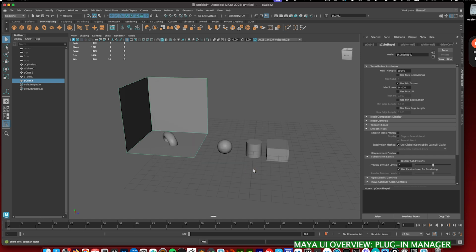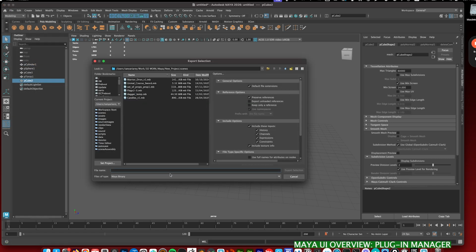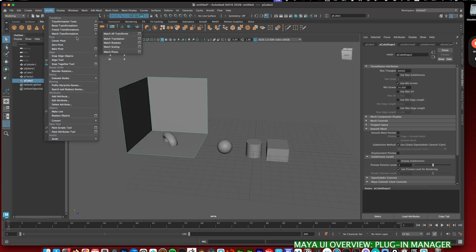And close it. And now, Export Selection. And now I have this OBJ export, so I can export the model in the OBJ format. And something to be aware of is that